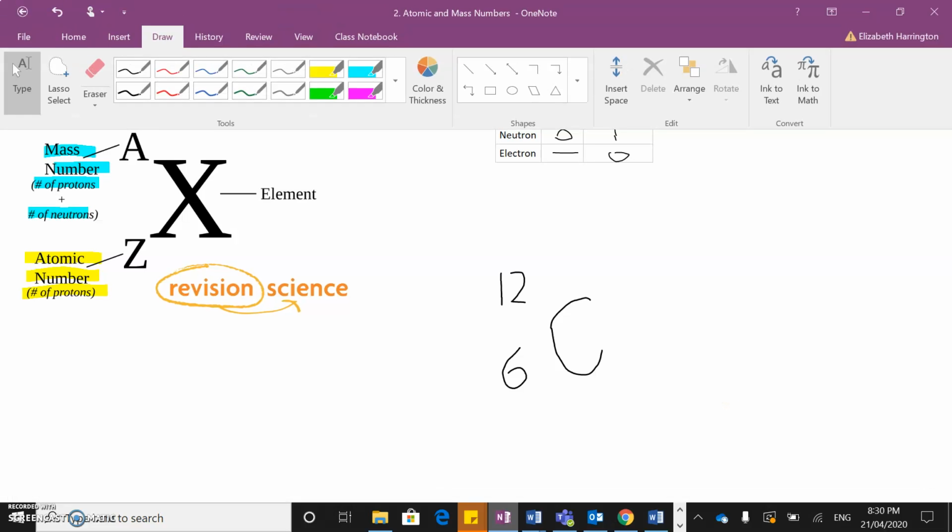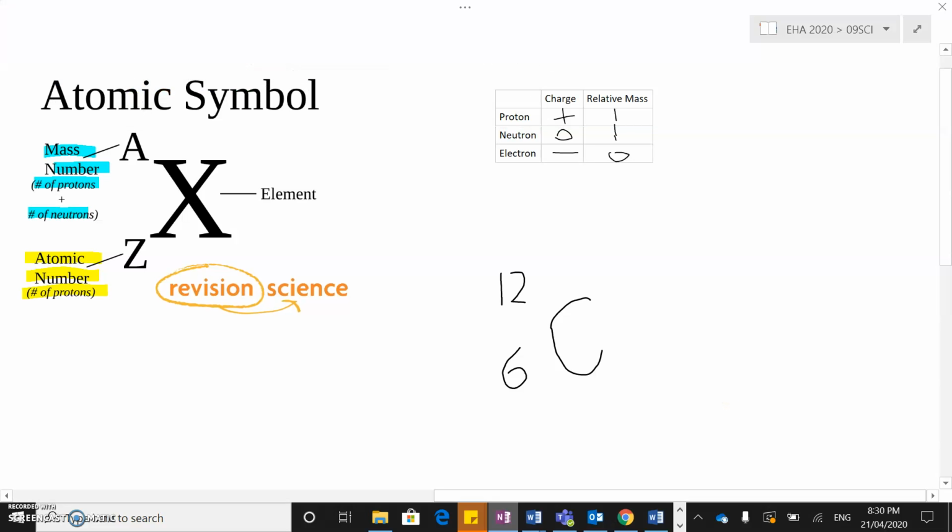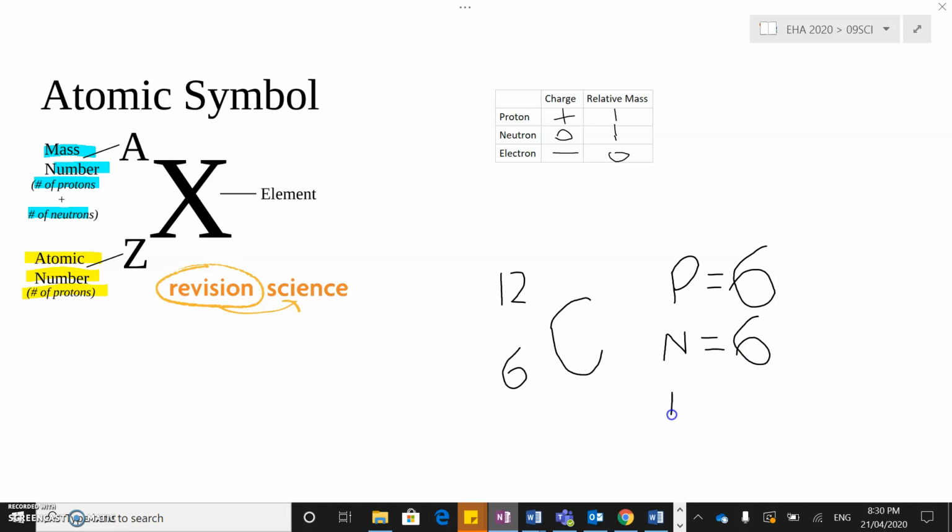So, how does that look for us with this carbon? We know that protons, the atomic number down there is 6, so we have 6 protons. The mass number is 12, and that's our number of protons plus our number of neutrons. So if our number of protons is 6, to get to 12, our number of neutrons must also be 6. And very lastly,